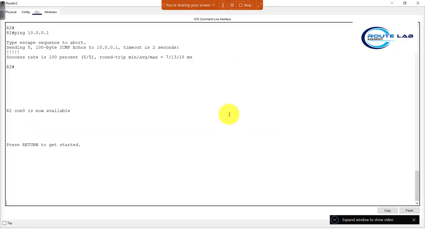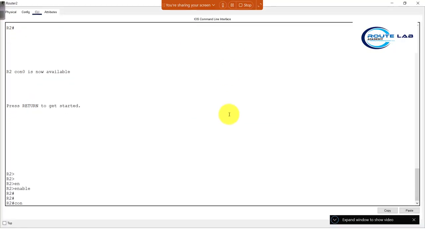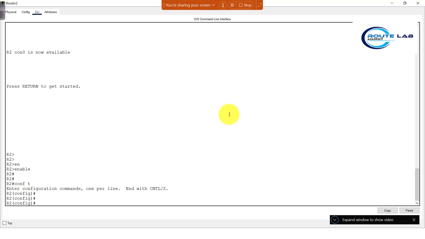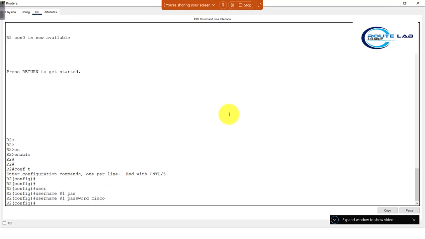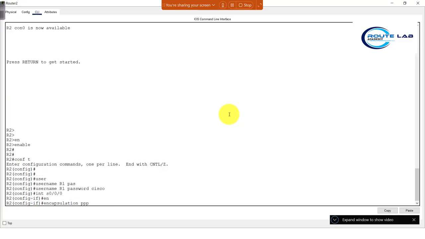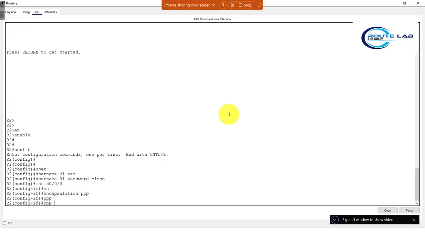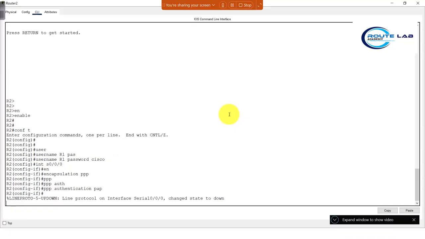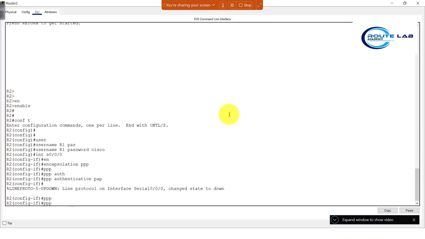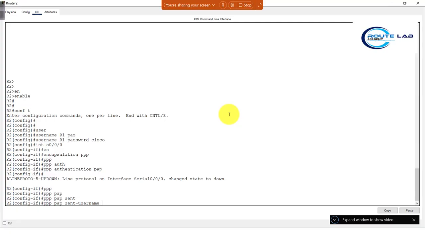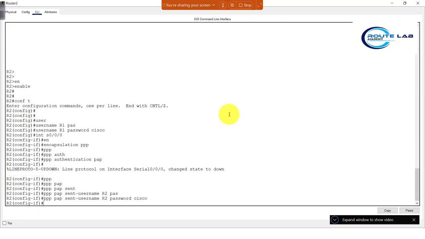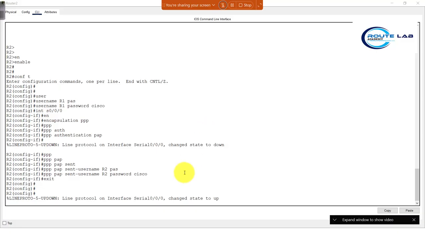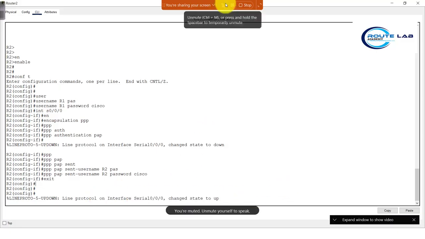So let's go to R2, configure here: username R1, password Cisco, interface serial 0/0/0, encapsulation PPP, PPP authentication PAP, and PPP PAP sent username R2 and password here Cisco. Done. So now here my interface status has changed to